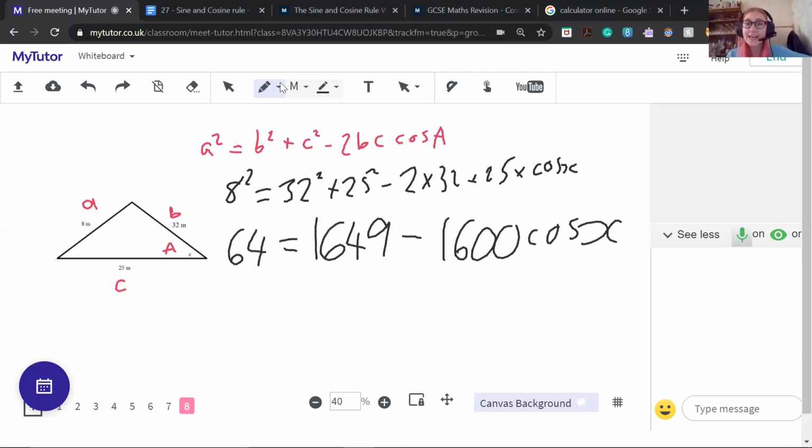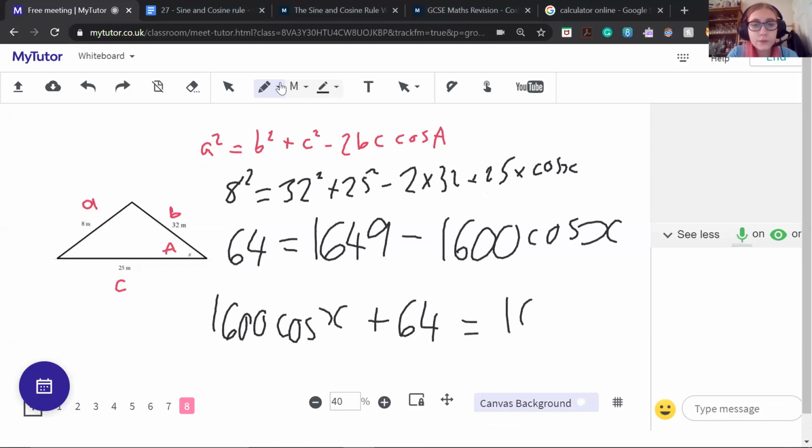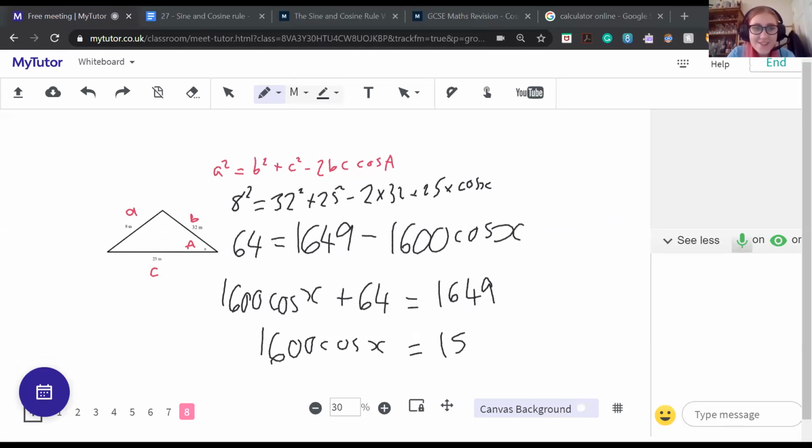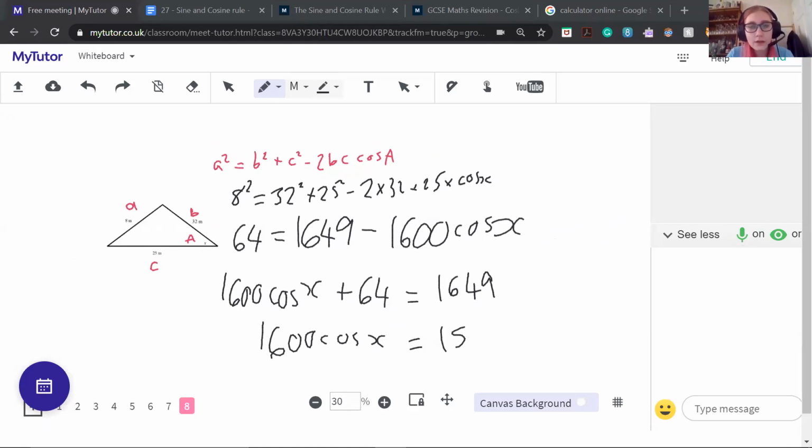All I'm going to do is add that bit with the cos x onto the other side, because that just means that I'm working with the x on the left-hand side, and that's a lot nicer. Plus 64 equals 1649. So hopefully you can see how I've just added that there. Then I'll subtract 64 from both sides. So 1,600 cos x equals 1,585. I'm going to check that. Yeah,